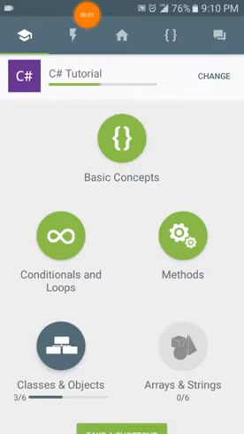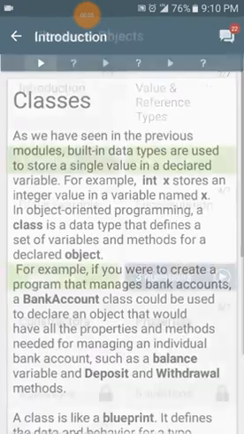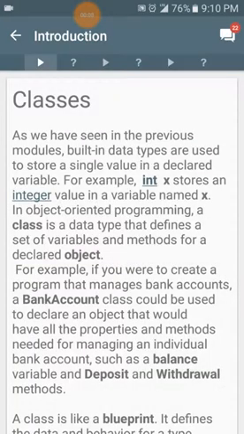In our C# tutorial, now let's take a look at classes and objects. Classes. As we have seen in the previous modules, built-in data types are used to store a single value in a declared variable. For example, int x stores an integer value in a variable named x. In object-oriented programming, a class is a data type that defines a set of variables and methods for a declared